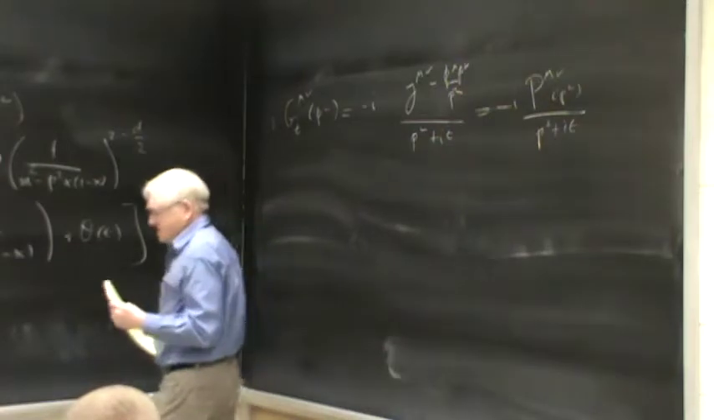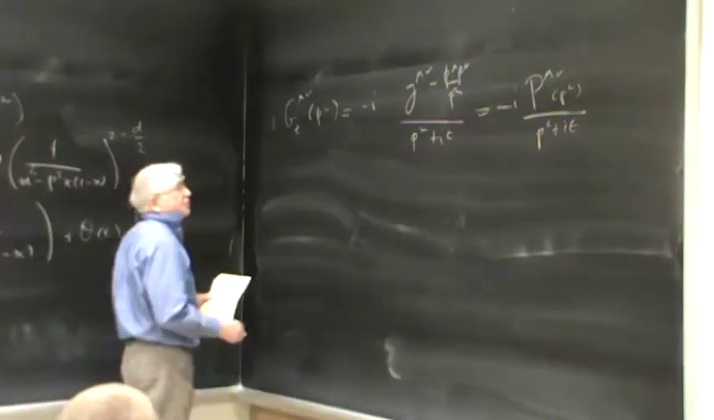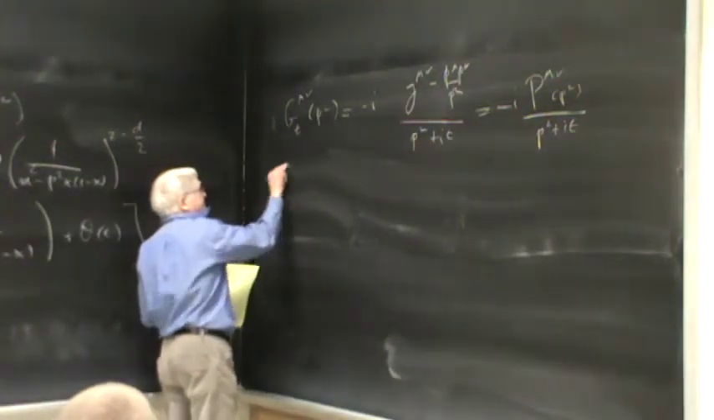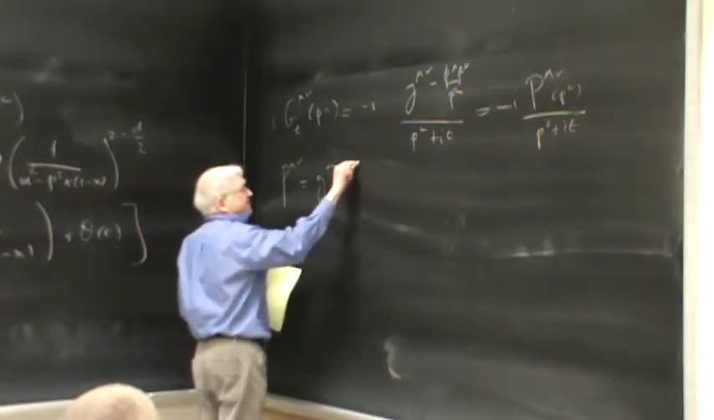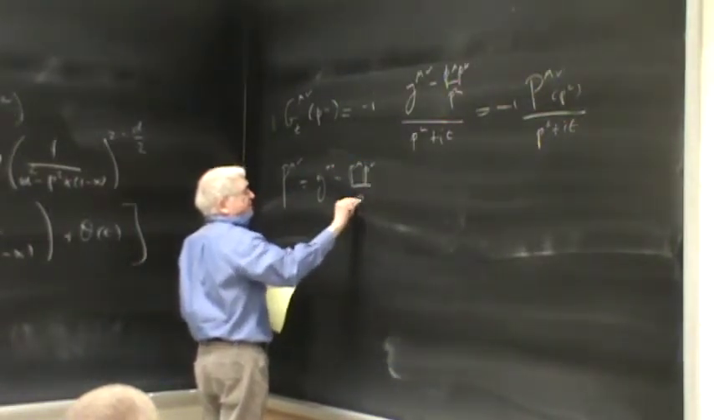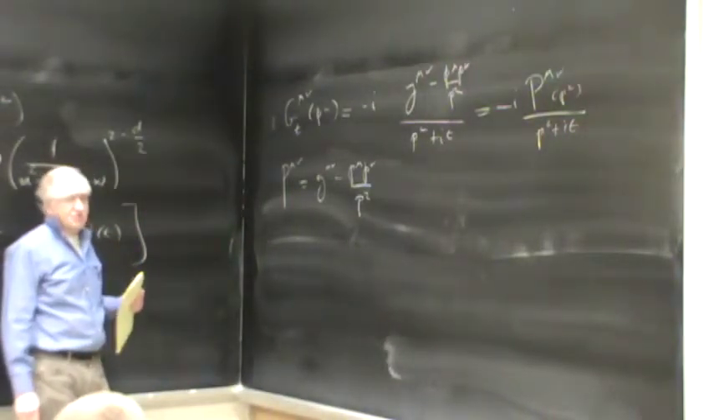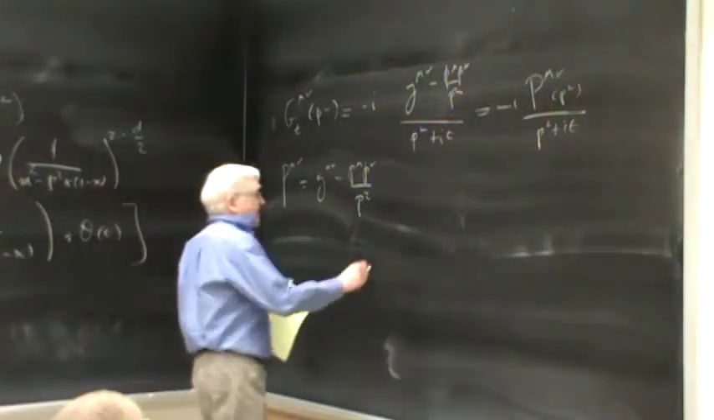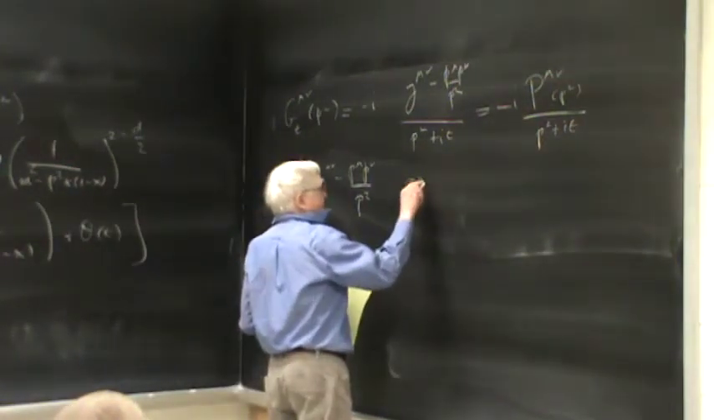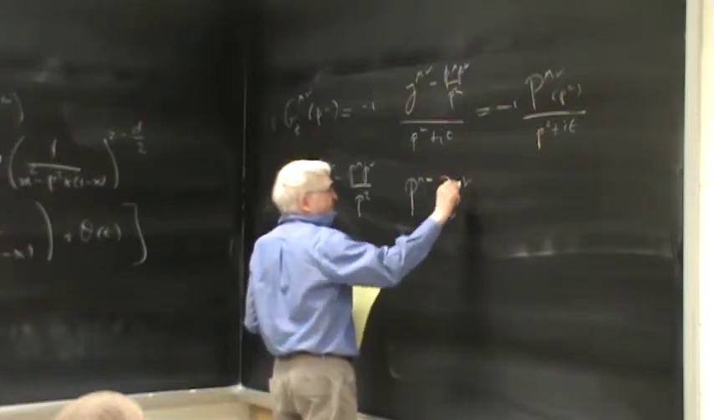Now, what's nice about this is that big P mu nu is g mu nu minus p mu p nu over p squared. And what's nice about that is that it's a projection operator, in the sense that if you have P mu alpha, say P alpha nu,